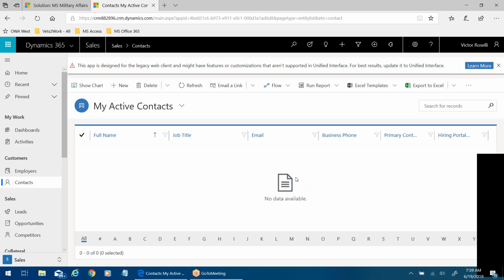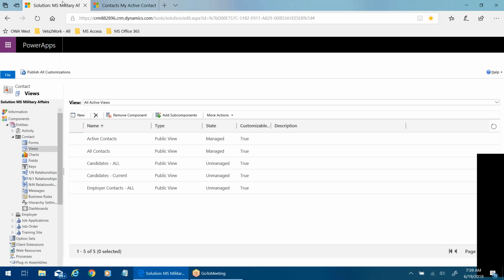Okay, so what I did was kind of like you're discussing. I made a new environment for myself so it wouldn't touch this, and in that environment I was able to change the views. When we come here to our component entities, the views show up under contact.